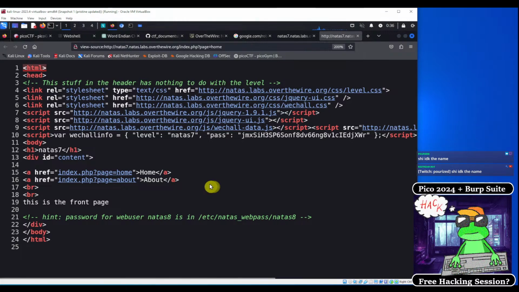Okay, so we're talking about LFI, which is local file inclusion. This means that the web app is accessing local files and is able to access arbitrary local files on the web server. And Blizzard WQ, I'm glad to hear that there's a fellow security person in the stream. So local file inclusion means the web app is able to read arbitrary files